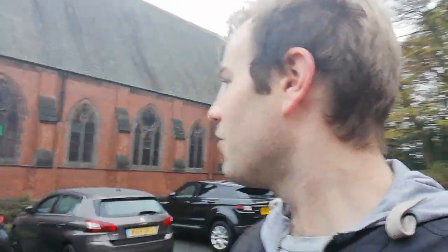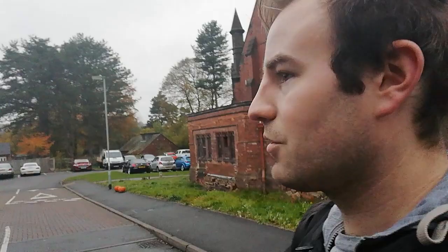Now I'm not sure what its current use is. Looking at it, some of the windows appear to be broken, so I have a bit of a sad feeling it might just be not in use at all. But if we look here, these buildings are all modern. So I think the tramway probably came across here, swung round into this courtyard,